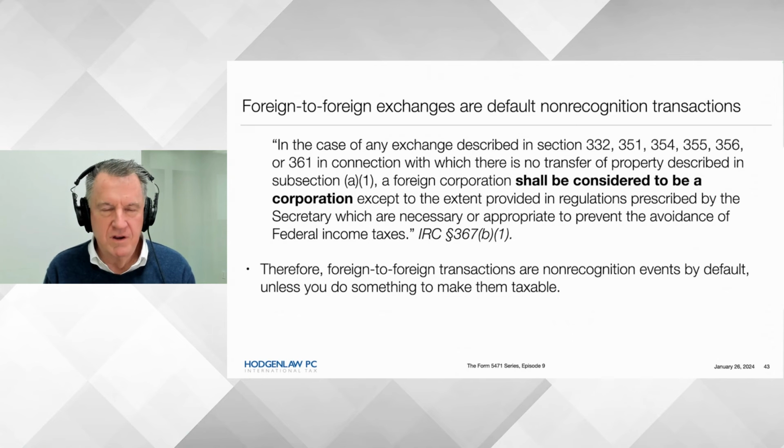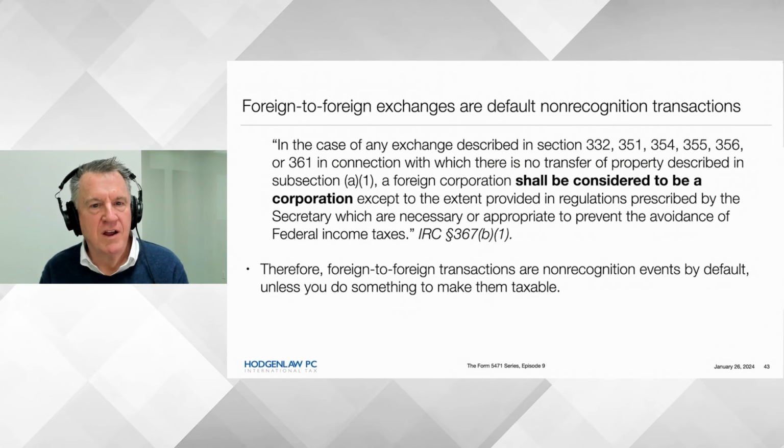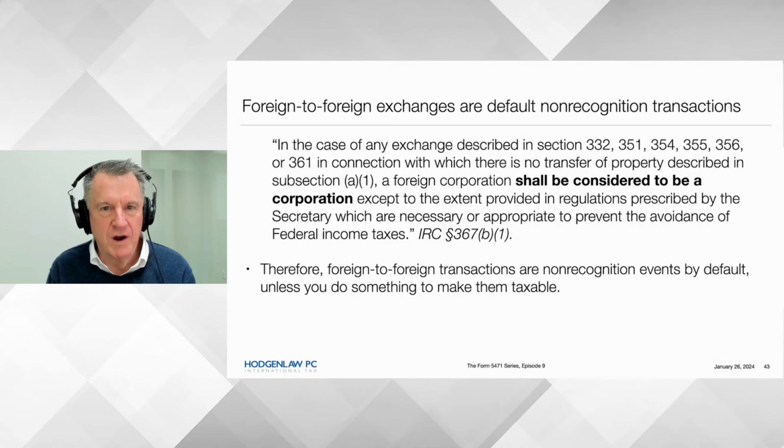And you see that if you look later at section 367A1 and 367B1, note the critical difference. 367A1 says in the case of a transfer by a U.S. person to a foreign corporation. 367B1 says if there's no transfer of property described in A1, right? In other words, there's no transfer by a U.S. person, then we assume the thing is still a corporation. And so if I take my example of liquidation of a subsidiary into a parent, the transferor is a foreign corporation, and the transferee is a foreign person, the parent company.